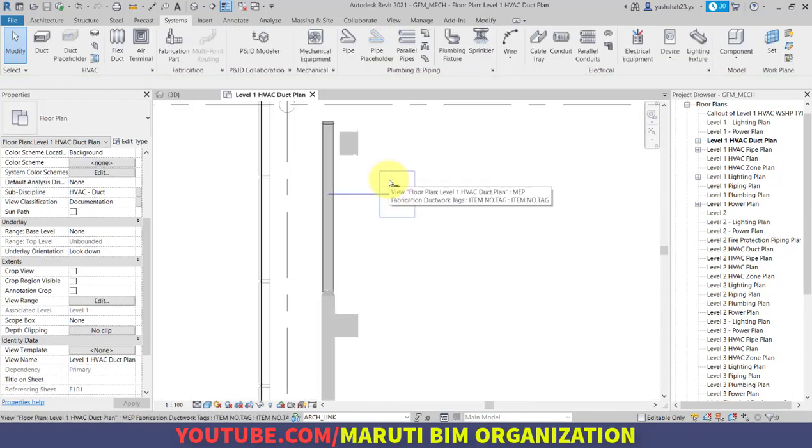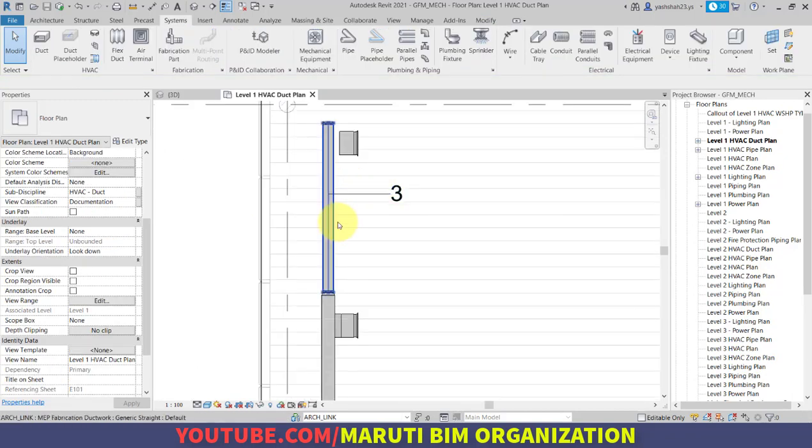Now the same thing I want to do for the duct length and bottom elevation of the duct.